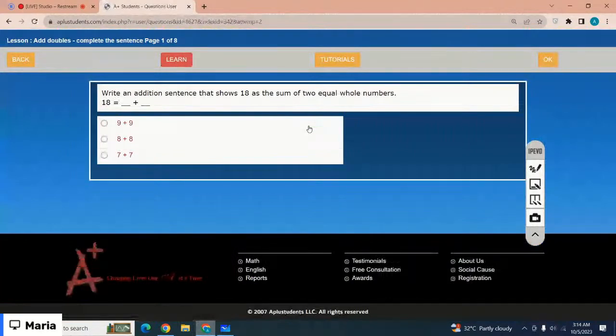Even number means the number that is divisible by 2. Write an addition sentence that shows 18 as a sum of two equal whole numbers. Here you are given the options. You can just add the options and you can see which is the correct one, right? So which is the correct option? 18 equals,